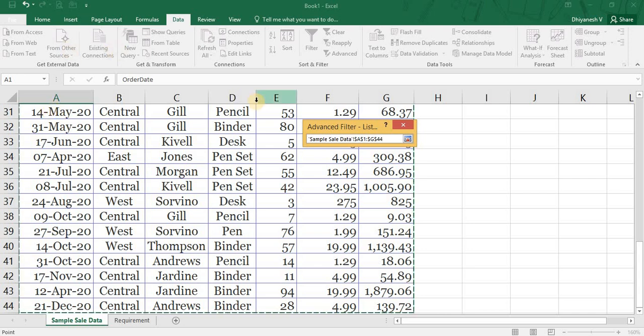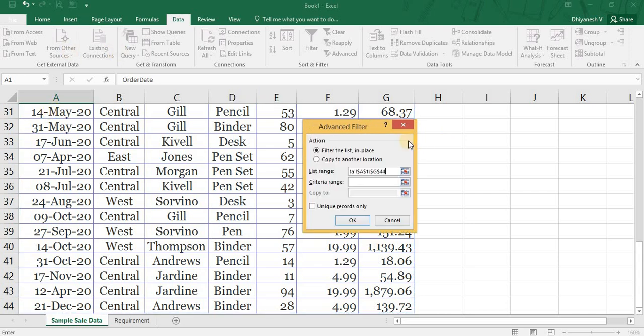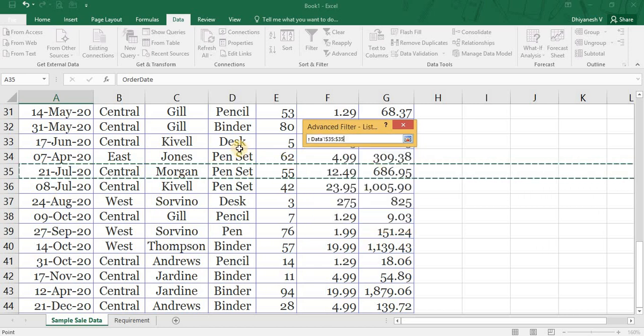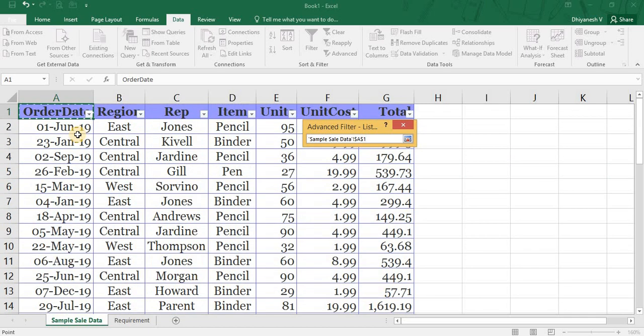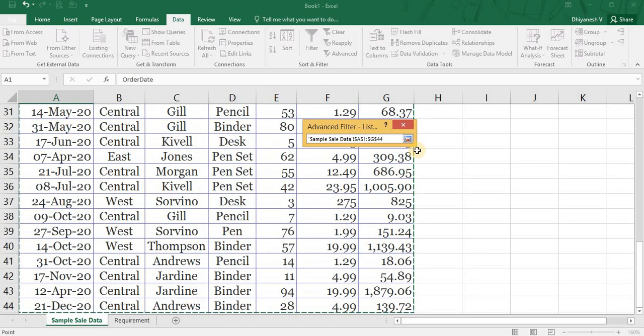However, it is recommended to select the data yourself in order to not miss any invoices, because if a column or a row is blank in this area, then the data range will be only till 34. The balance will not get filtered. So you have to manually select the entire data so that no data will get missed out.